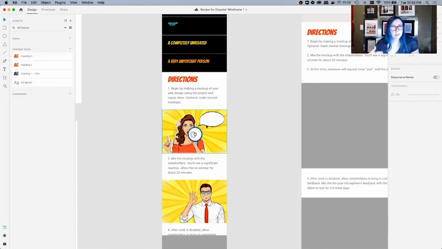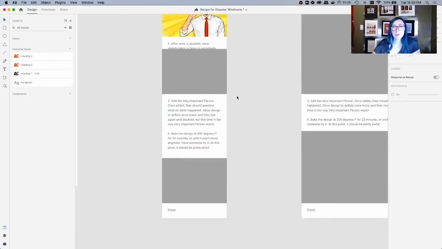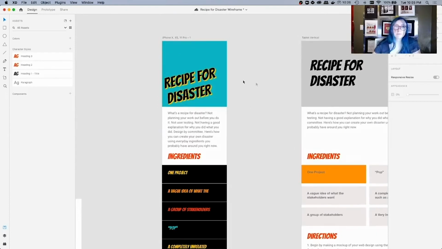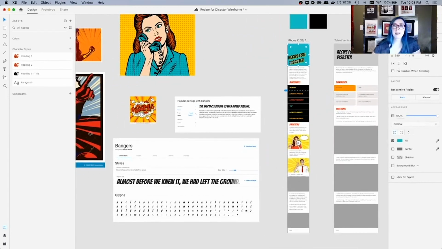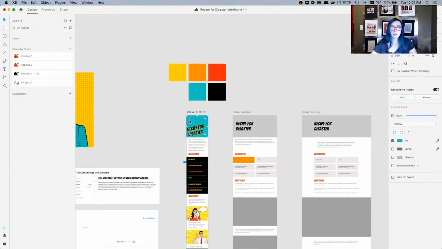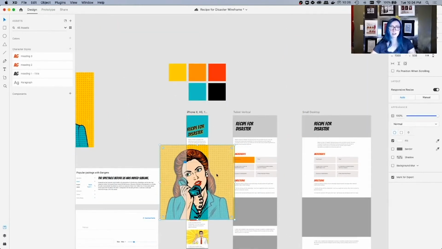Now, it kind of depends on your level of comfort and familiarity with CSS, but one thing that I like to do is get the rough draft out in XD and then start coding immediately. If you aren't as comfortable with code yet, and you're probably not because you're just starting out in this class, you're probably going to want to work through these mockups a little bit more thoroughly. But I would recommend at least getting your type, color, and placement roughly in place. And from there, you can choose to make your code your working prototype and go with that. Or you can finish out your mockups and then work directly off those.